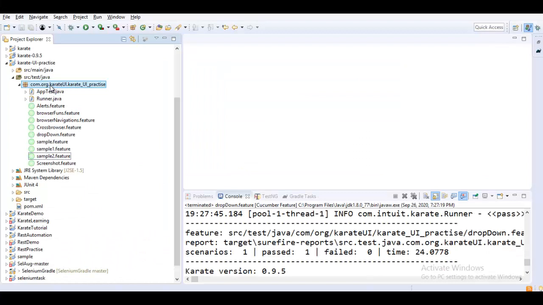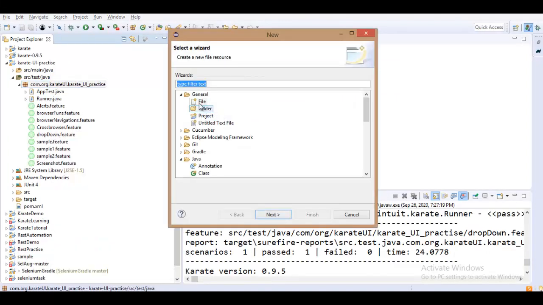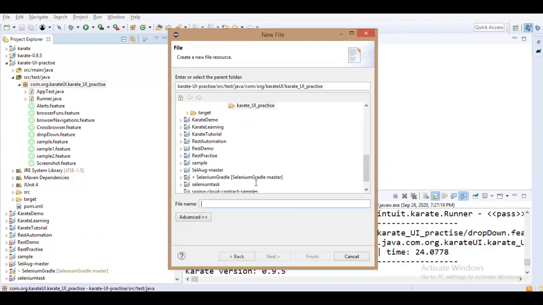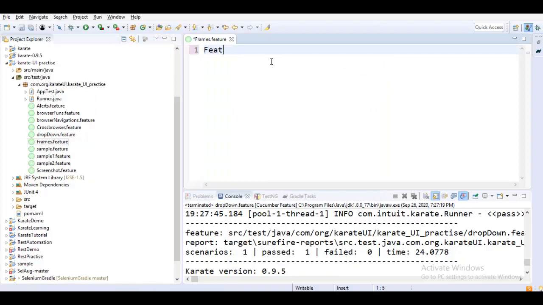Let me create a feature file very quickly. Other file, and let me name it frames.feature. I will have it as a feature.